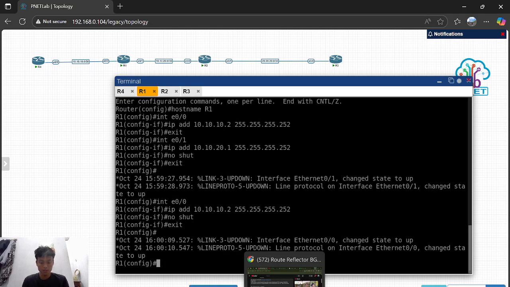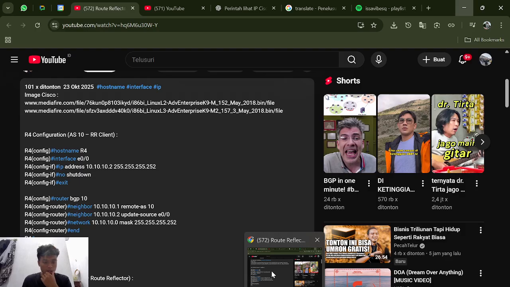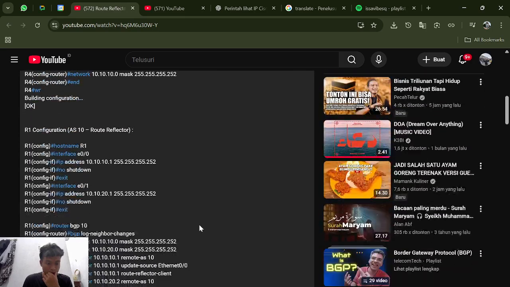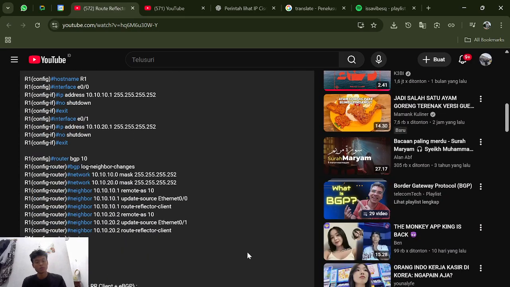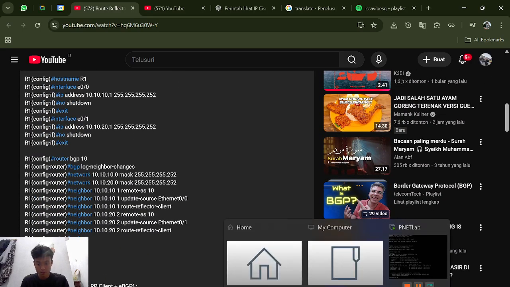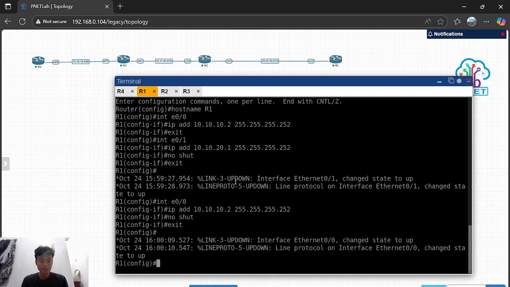After that, we move to the BGP configuration.